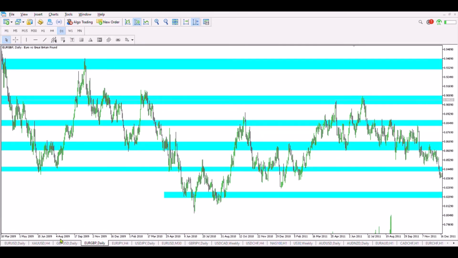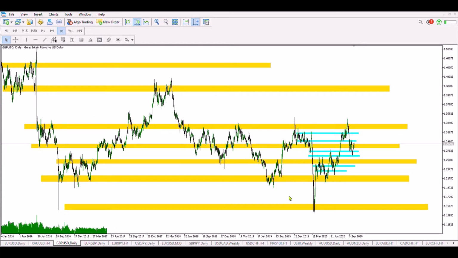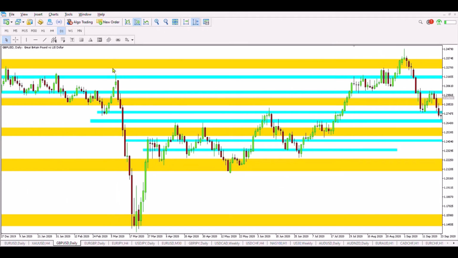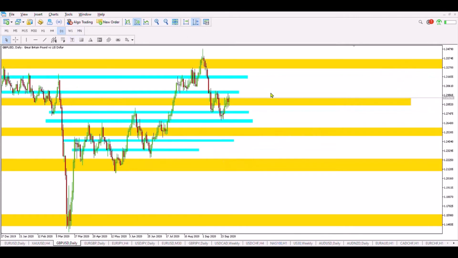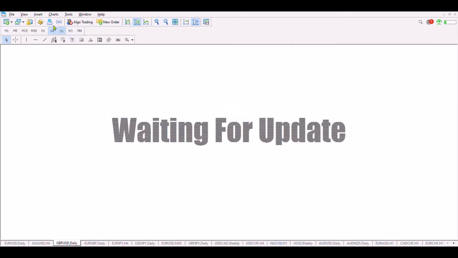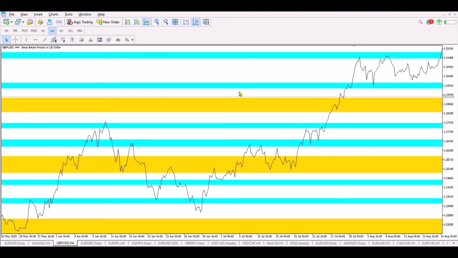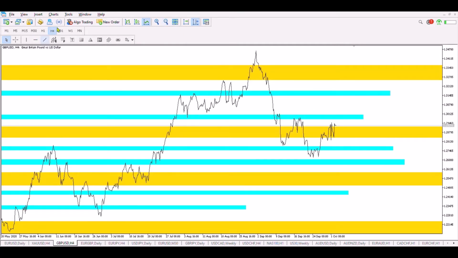Now let me show you another chart which I have marked. In yellow color are the daily support and resistance levels, but if you zoom in, you can find some lower levels right here which can help you enter on the 4-hour chart. If you want, you just switch to linear chart and you see where are the most highs and lows. So if you're trading, for example, the 1-hour charts,